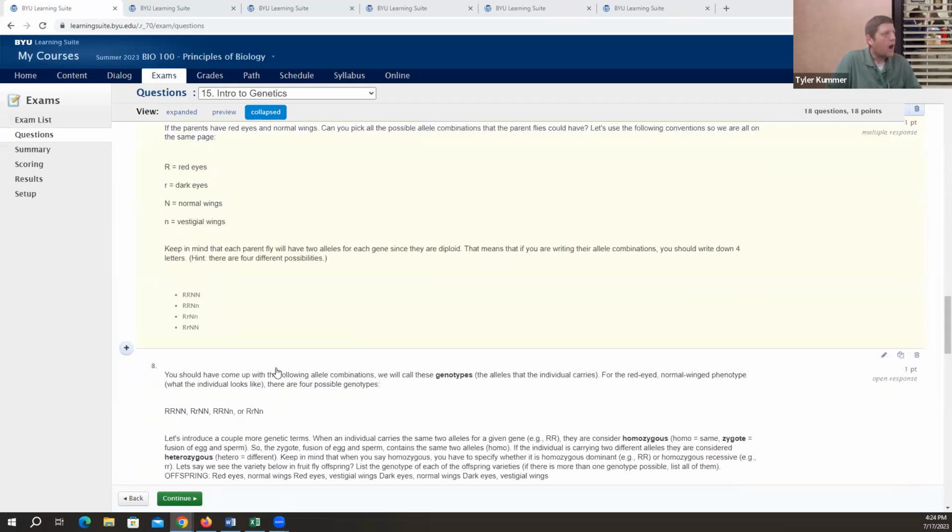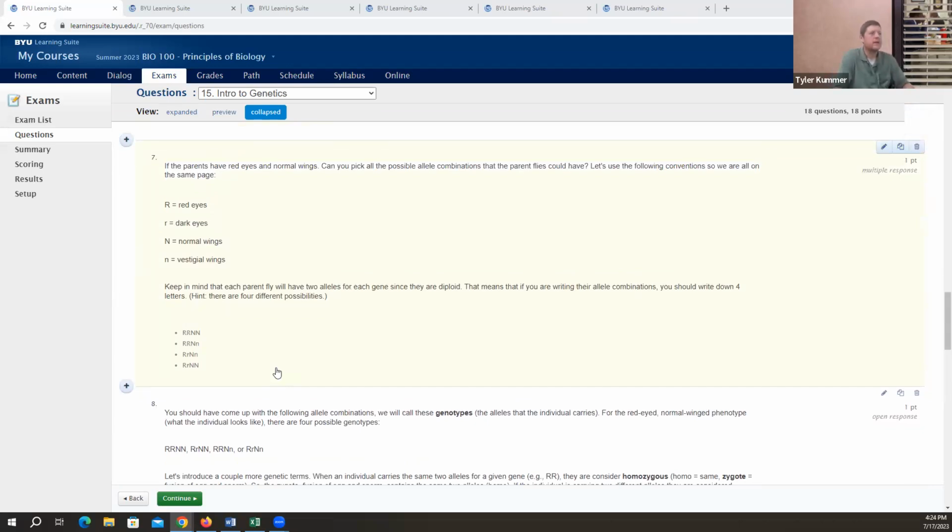Terminology here. One thing that's important to keep in mind is that you have 2 alleles of each gene. When you go to reproduce, you only get to pass on 1 of your 2 to a particular offspring. You can't pass both of them on to the same offspring. So that's the law of segregation. We must segregate your 2 alleles. Now, we have no way of knowing which of your 2 will go to a particular offspring. It's a random